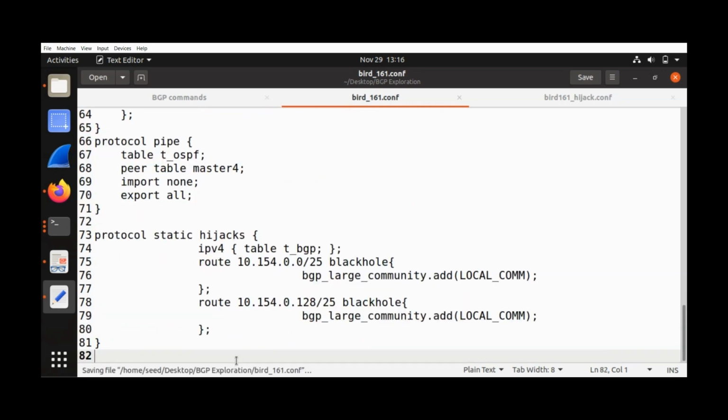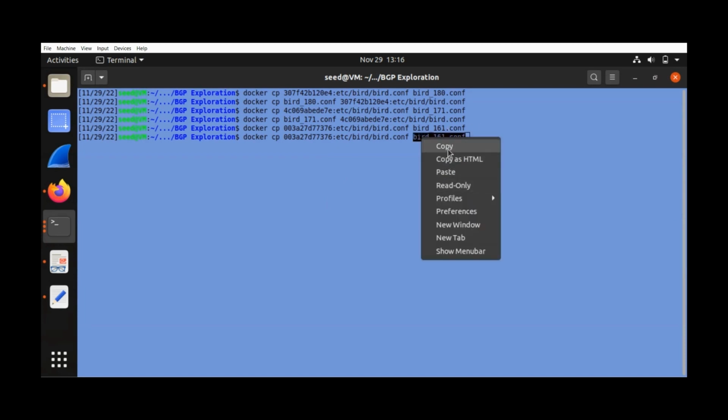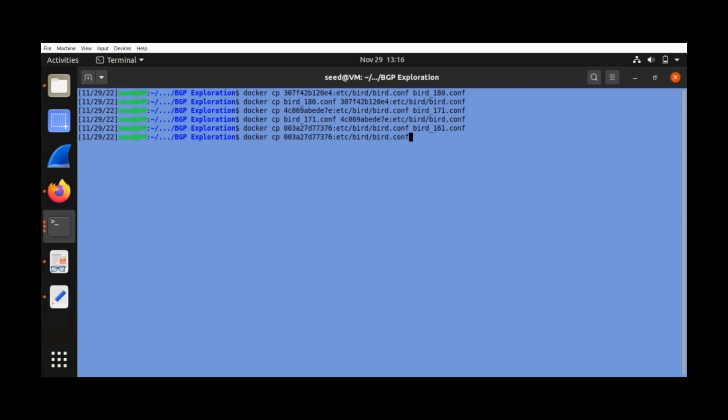Okay, save. And then we're going to copy paste the container here. So we're going to copy back the configuration to the container. Okay,